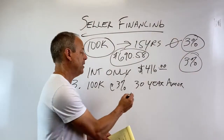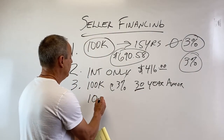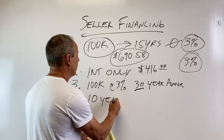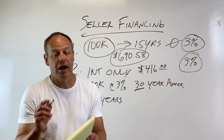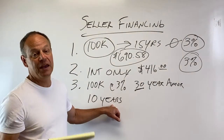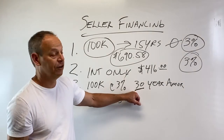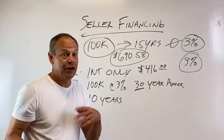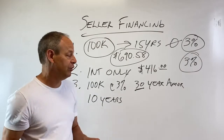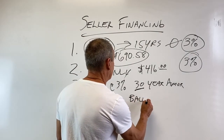So you're going to be making payments as if it was 30 years, but you're going to have 10 years of payments like that. Okay, so how does that work? At the end of 10 years, you're not going to have paid off this entire loan, right? Because you're paying as if it's 30 years. At the end of 10 years, in reality, you're going to have another 20 years to pay, but you're not going to do that. You're going to make what we call a balloon payment